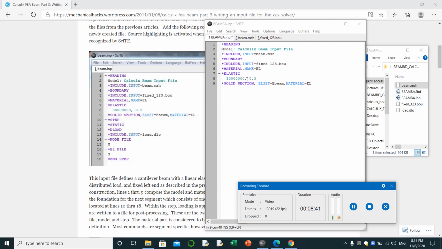Following that, we will define a solid section,